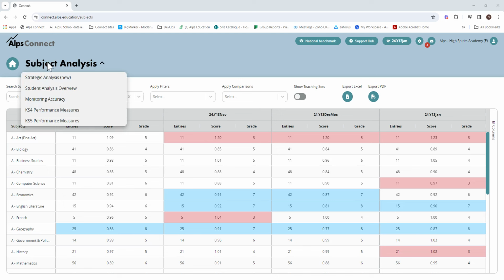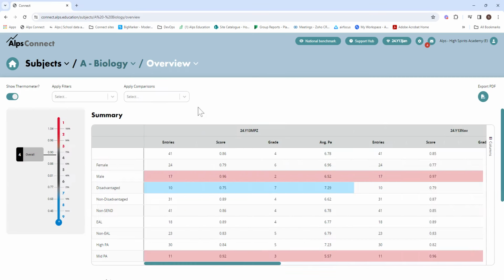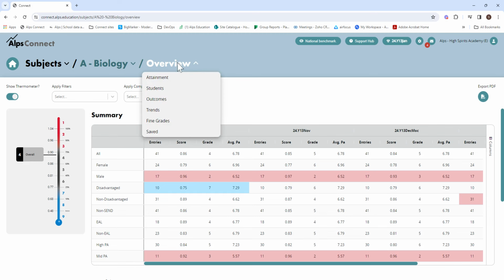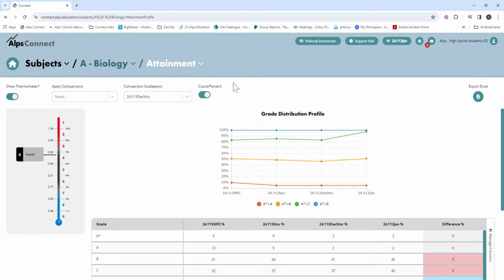So I've started in the subject analysis area, and I've got my A-level table here. I'm just going to pop into one of the subjects, and I land on the overview page. But if I hover over the overview wording, I can see attainment on my drop down. So if I pop into attainment here, then I get a table that comes up with my subject attainment measures